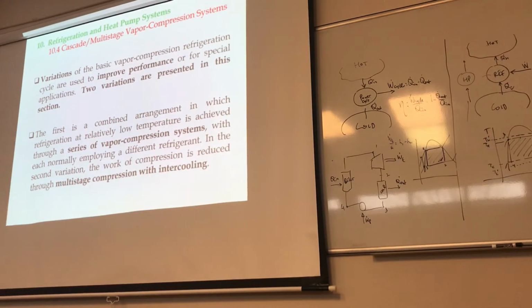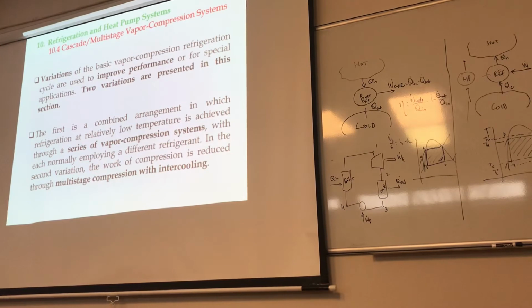Okay, just as is the case every time that we talked about the basic vapor compression system, right? There are some different ways of using them. For example, it says variations to the basic vapor compression system are used to improve the performance or for special applications. The book mentions just two of them, okay? The first one is when you use vapor compressions in series. In other words,